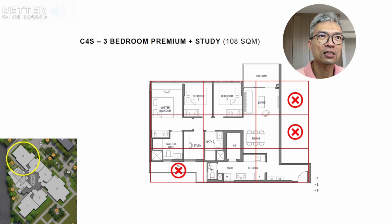So first, definitely is the C4S. It is a 3-bedroom premium plus study. But what should you observe here is the 3 red crosses, because the first thing that I just like to avoid is missing sectors or weak sectors. You might be thinking, what's the effect? So the effect is that there's no affinity with the home. Good Feng Shui that you have activated,